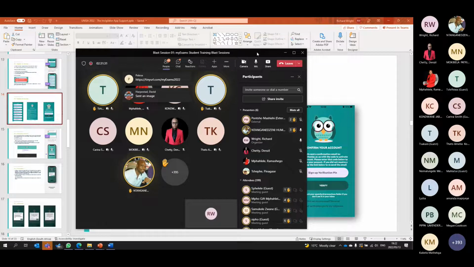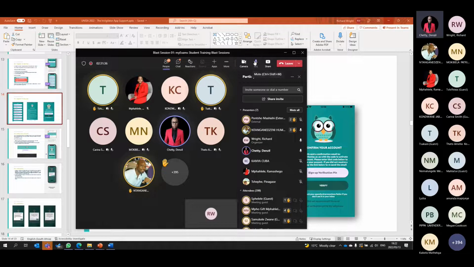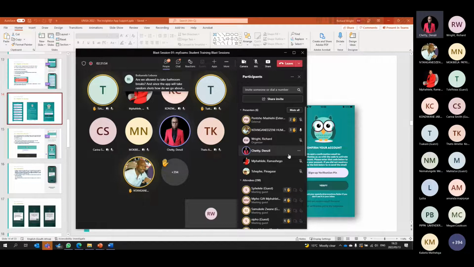You captured it quite well. Hi, Richard. I think you captured it quite well. In terms of the integrity, this is where UNISA is quite strong. We want to make sure that the qualification at the end of the day is really worth the paper that we put it on. And in that sense, especially for the online examination, the university is adamant that the broader community, I'm not talking more specifically about students that are differently enabled with special needs and incarcerated, but the other students that we do put in these